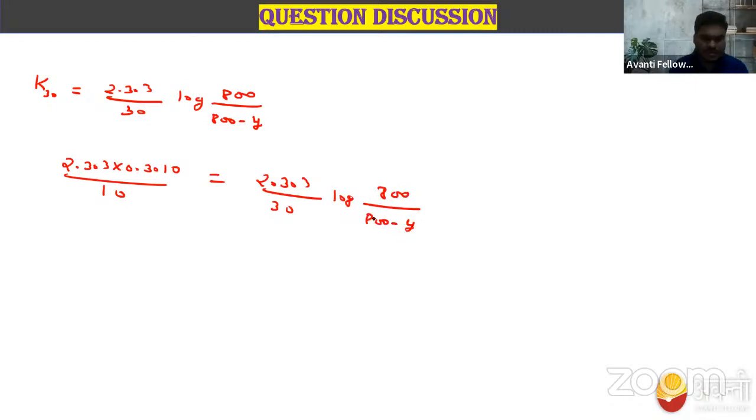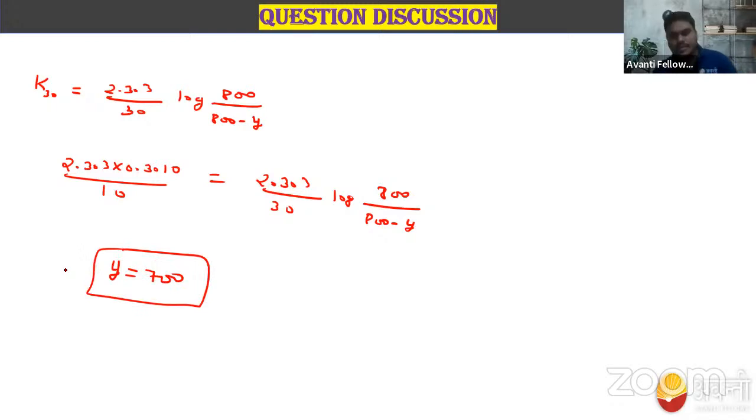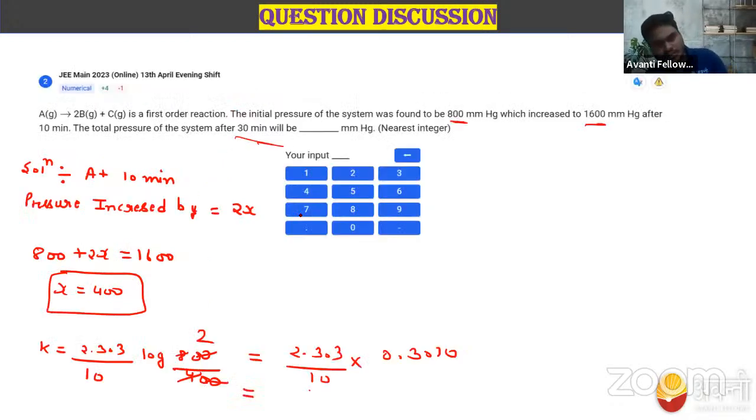Now you just need to calculate the value of I on solving. So when you solve, you get the value of I is 700, because here only one unknown is there now. So you can calculate the value, which comes equal to 700. So this is 700. ठीक है,